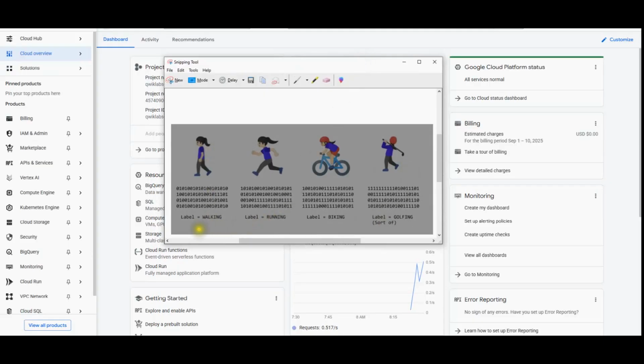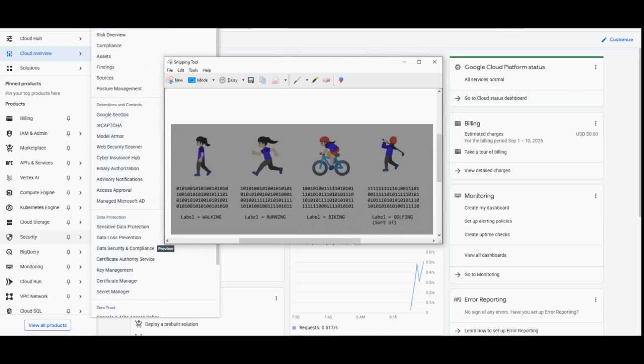There are 4 diagrams here. The first one is labeled as walking, the second one labeled as running, the third one labeled as biking, and the last one is labeled as golfing. So you gather a lot of this data and label it to effectively say this is what walking looks like, this is what running looks like. Then from the data, the computer can infer the rules that determine what the distinct patterns that denote particular activities are. So beyond being an alternative method to programming this scenario, this also gives you the ability to open up new scenarios such as golfing, which may not have been possible under the traditional rule-based programming approach.